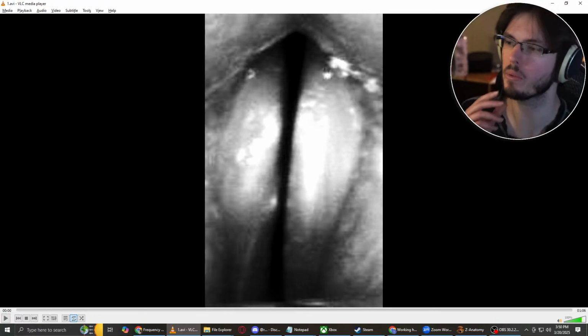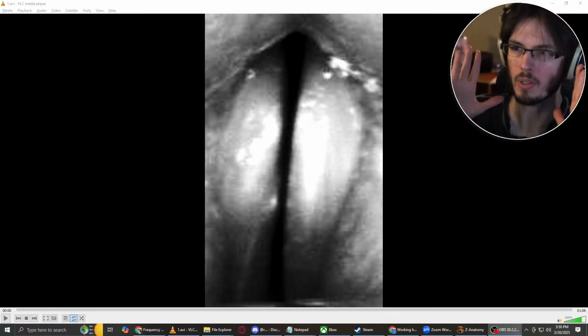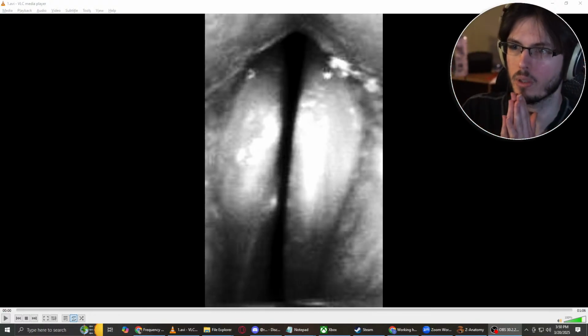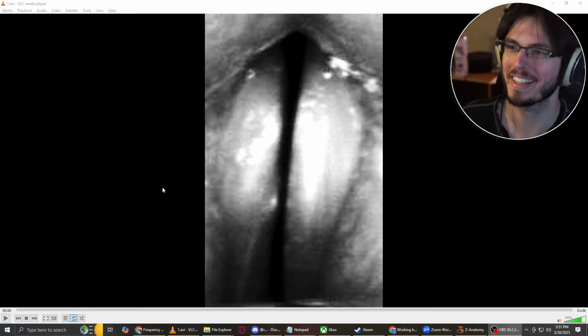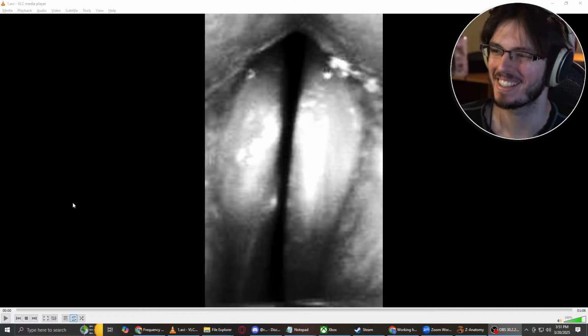As air goes through the space in the folds, the folds come together, and that's the Bernoulli effect. When you increase the velocity of the air coming through, it decreases the pressure on the sides and sucks the vocal folds together. That's the Bernoulli effect story. I'm interested in that, because if there's disagreement on it, I'd like to know. There's the myoelastic aerodynamic theory; you can describe it a lot of different ways. But I think the Bernoulli effect is a very useful story.